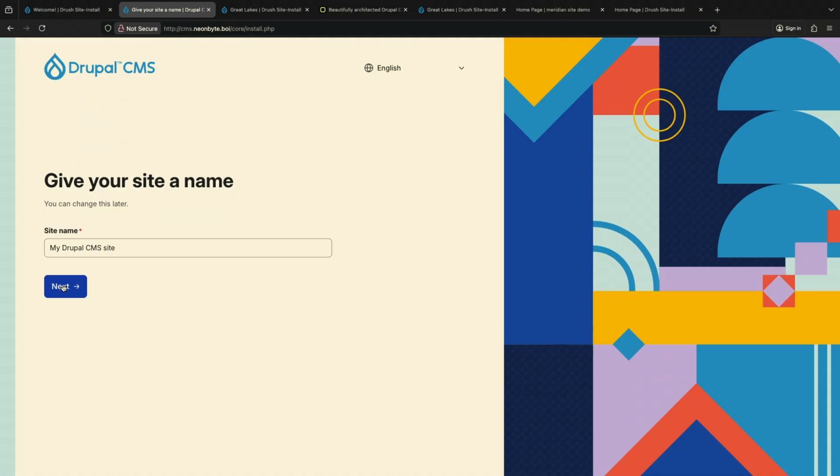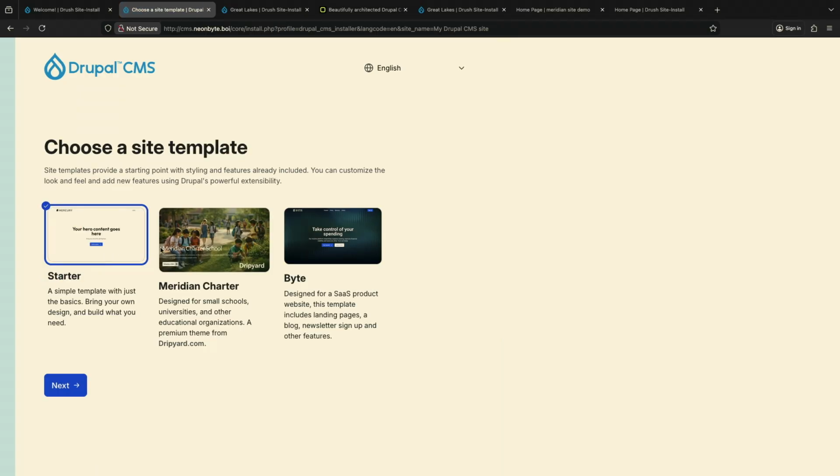It's not all that blocky stuff that we're used to going through the Drupal install profile. And if you have a site template that's built with the tools that I mentioned and you put it in your recipes folder, it automatically shows up here. So here you'll see Meridian again. This is the vanilla starter one that comes with CMS, as well as the open source Byte, which is geared towards a SaaS product. So if we select Meridian,